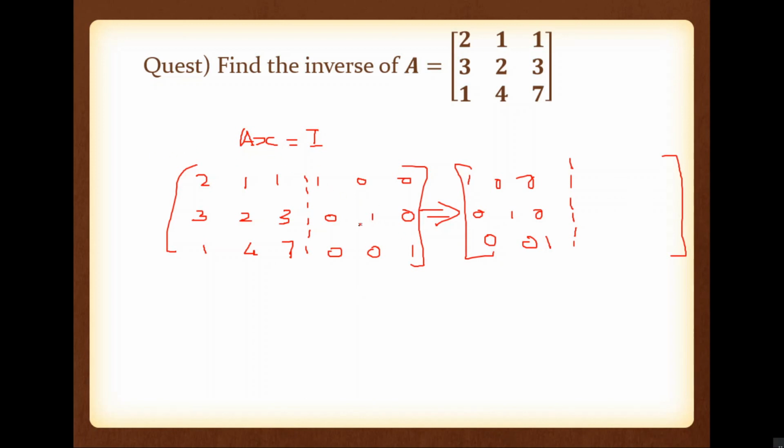So there is no complication here. The only thing is you need to write 1, 0, 0, 0, 1, 0, 0, 0, 1 because this part is B and this part is A. So that you have to write. After these 3 eliminations, this part is the identity matrix and this part is A inverse. That is x, A inverse. So try to do this.